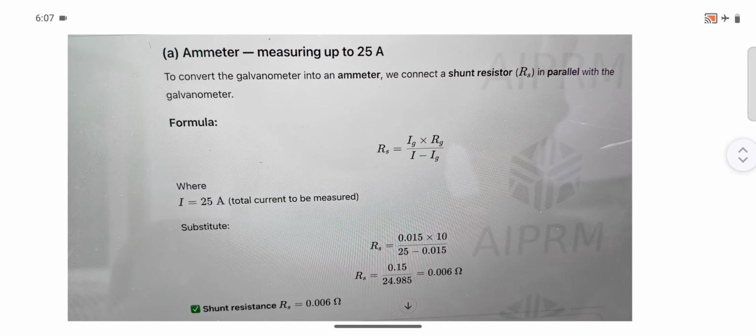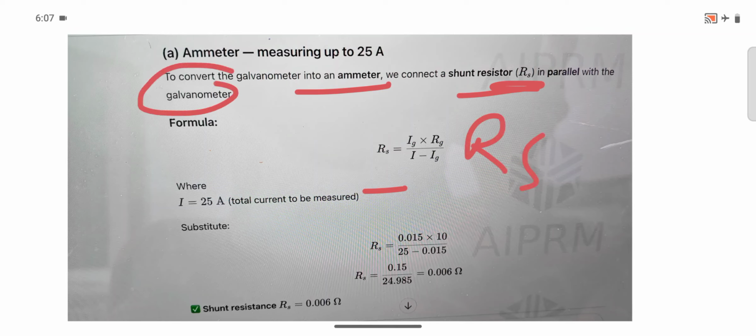Now, a meter measuring up to 25 ampere. To convert the galvanometer into an ammeter, we connect a shunt resistor in parallel with the galvanometer. You need to remember this. Galvanometer will be converted into an ammeter. For that, we need to connect a shunt resistance denoted by Rs in parallel with the galvanometer, and the formula for this is